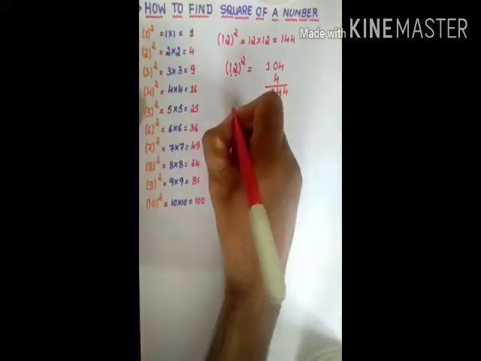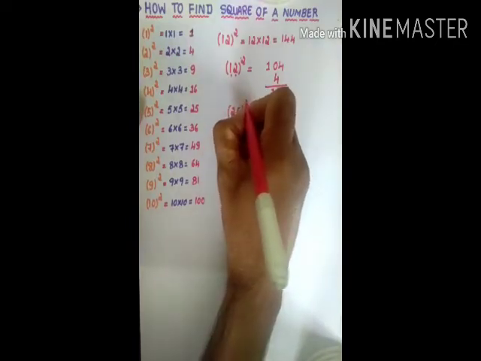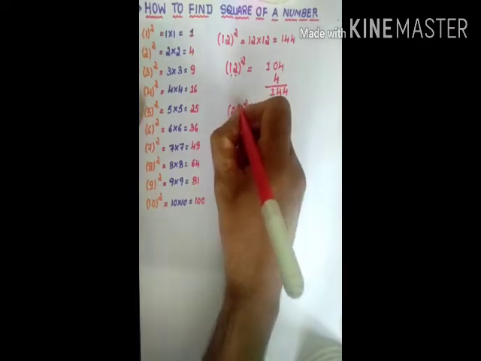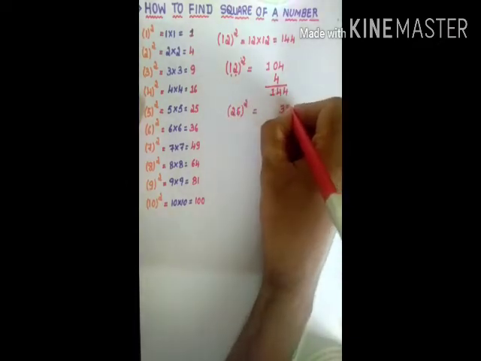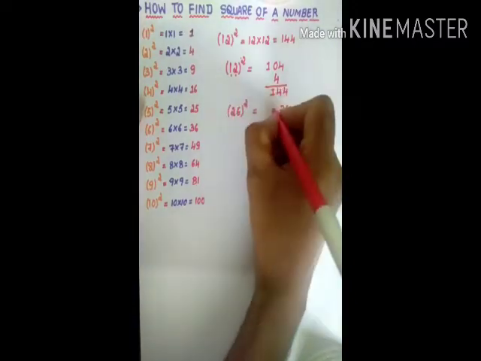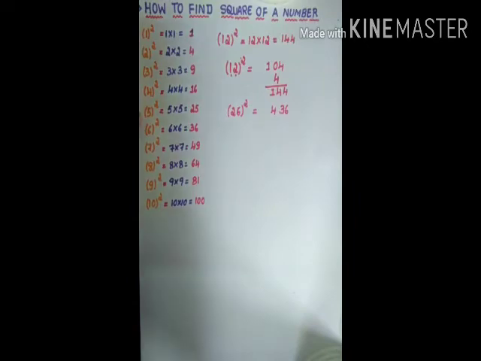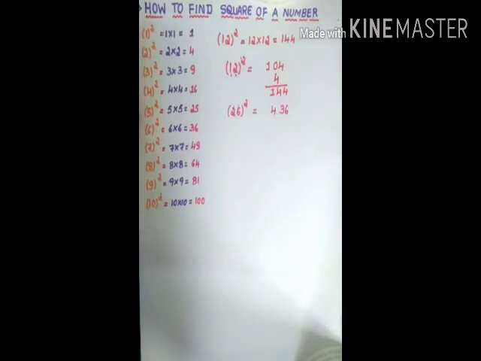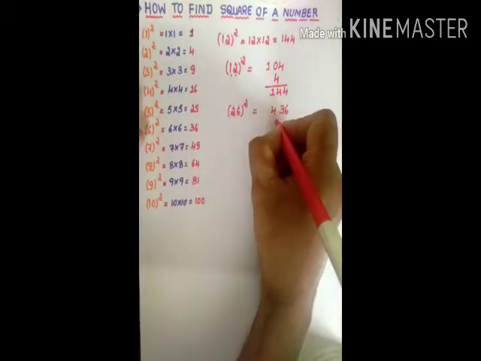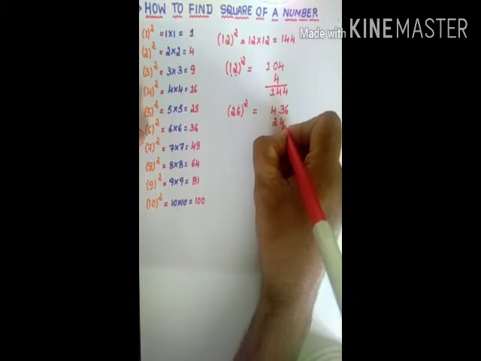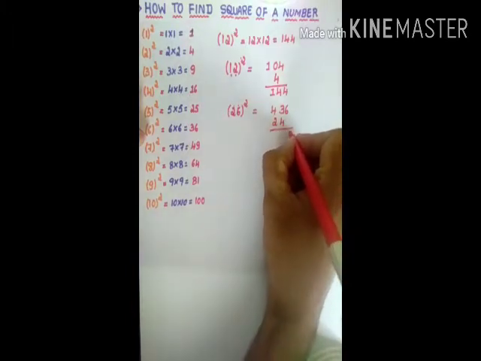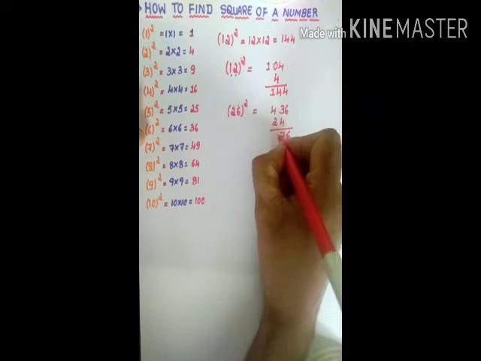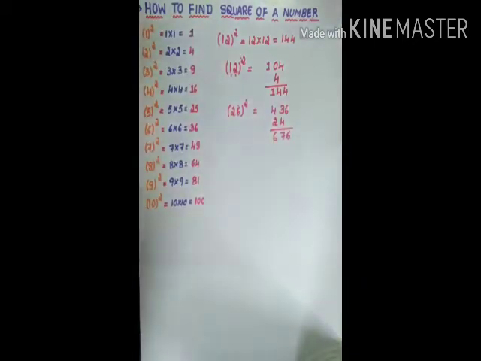In the same way I can take another example, 26 whole square. First what I have to do? 6 square I will write 36. Then 2 square is 4. After that I am multiplying simultaneously 3 digits. 2 6s are 12. 12 double means 12 2s are 24. You have to write here, leaving unit place. 676. You can check with the calculator. Exactly the correct answer, 26 whole square.